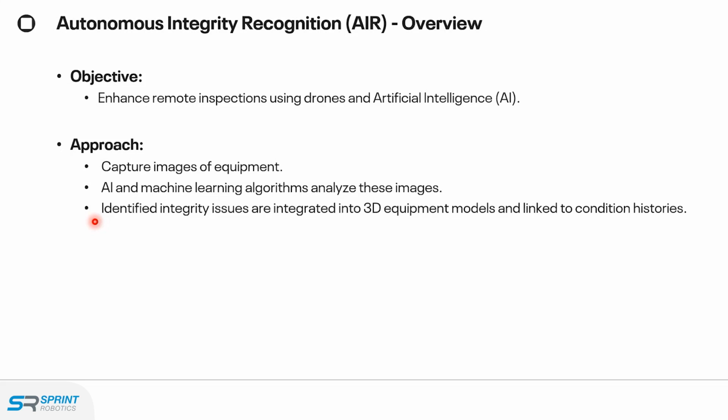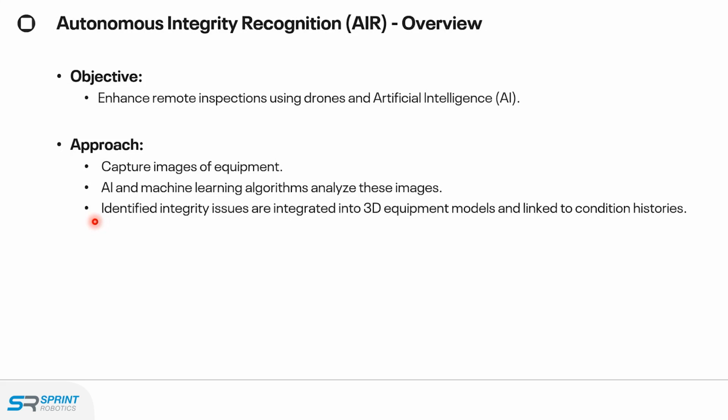So if you imagine you fly a drone, you capture 10,000 pictures, and then we selected 50 of those pictures as having an issue. How are you going to identify the equipment that photo is related to? So in IMS, there's a recognition of that image through a 3D model. So we correlate the data in the photo with the 3D model and create a condition history that needs to be further analyzed, right?